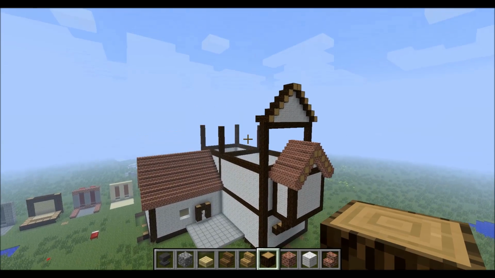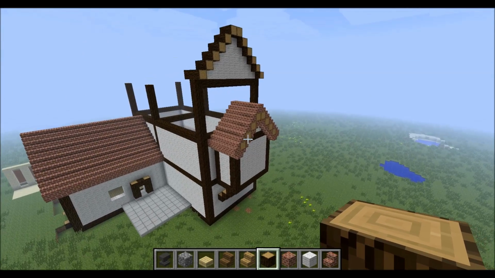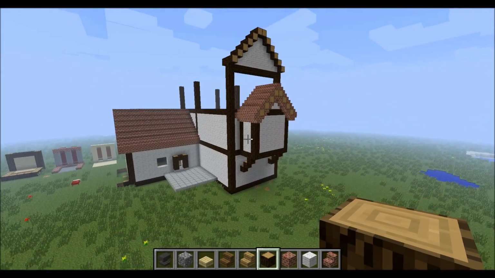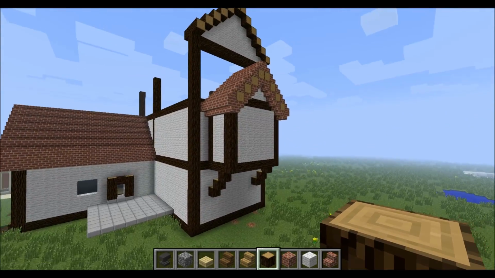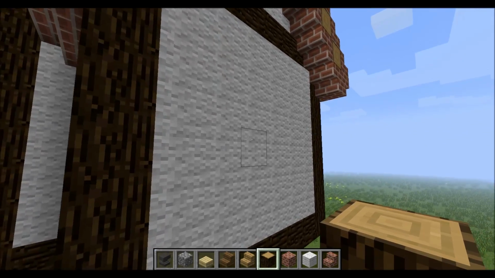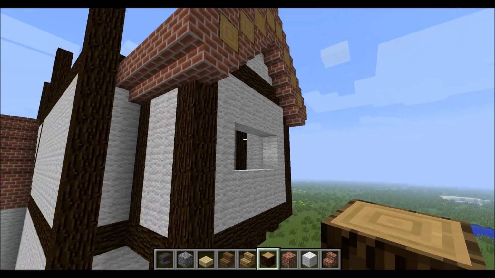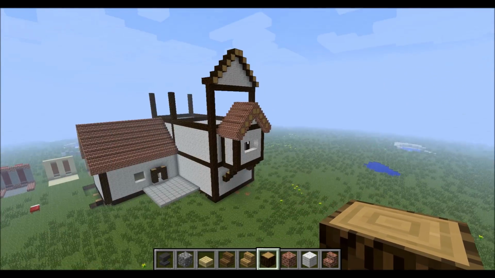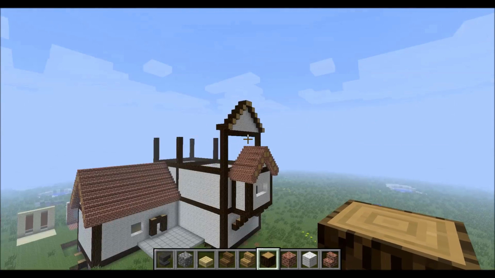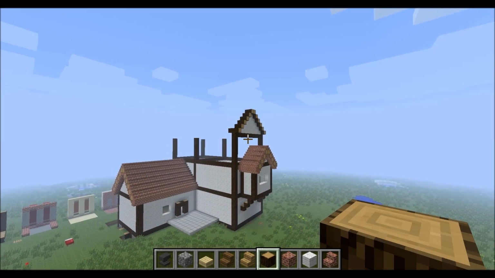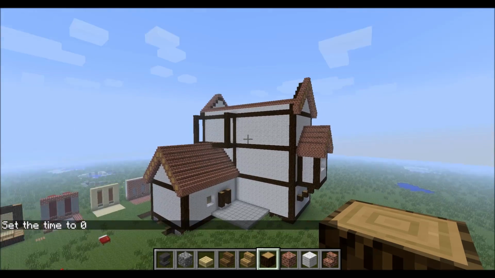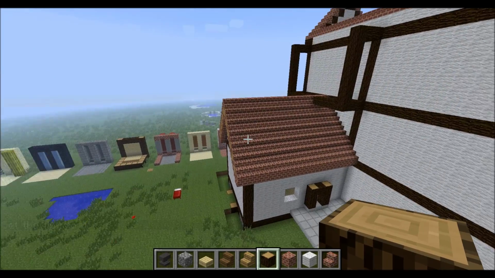Okay, so we added a bit more here. We added a roof to that, and we started up here. I'm not quite sure about this on this side, because it might just be a bit too heavy. But that's something we'll see as we continue building, and we've added the rest of the stuff. We'll be back. So hello guys, I've added a bit more, but what I'm mainly doing right now actually is